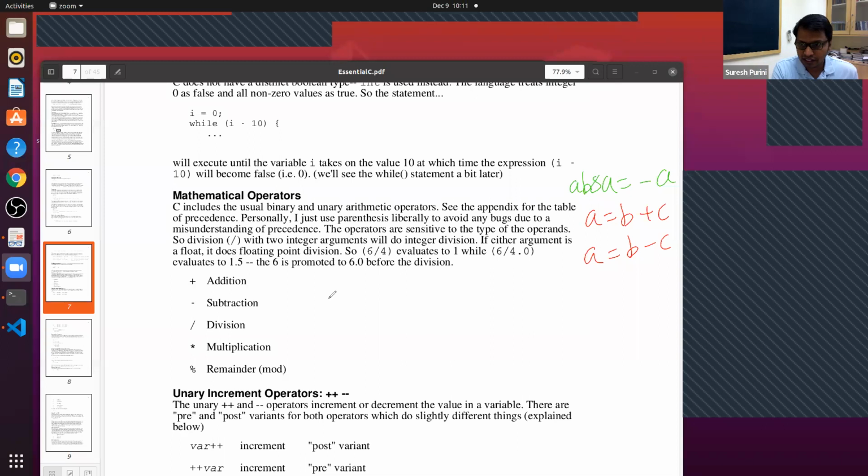So what it means is, if you have a statement like A is equal to B plus C plus D, there are two ways of interpreting this. Okay, so this is A. And so one way of doing it is this. And the other way of doing it is this.